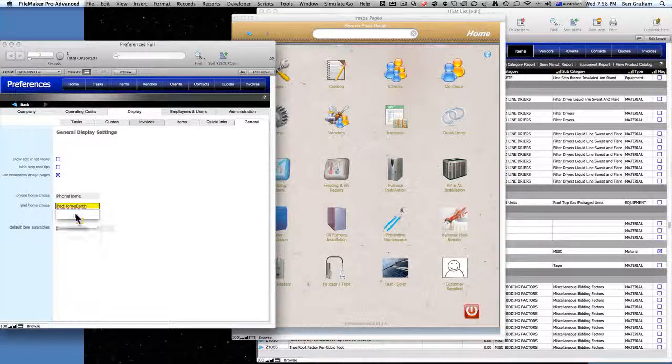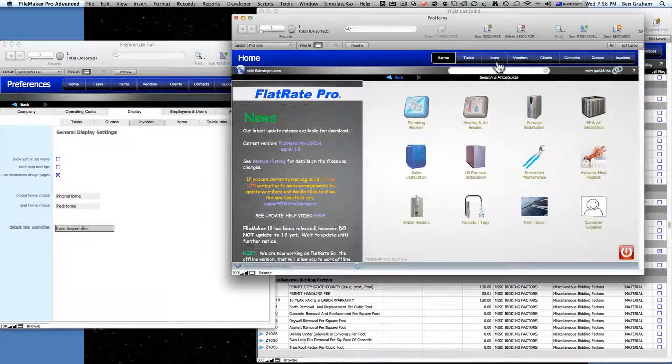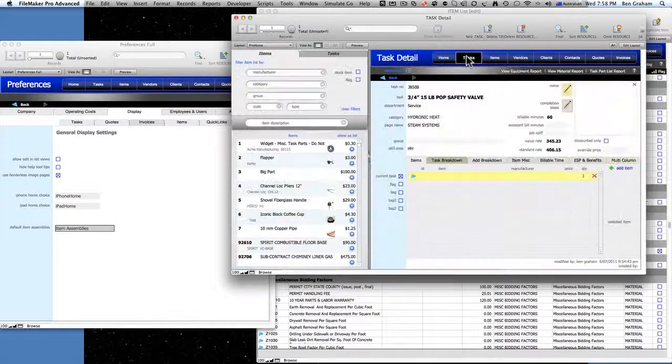And so you got an option there. And then default item assemblies, in another video we have that showing the item assemblies. To look at those for a printable layout, you've got item assemblies condensed and item assemblies. And when you come over here, we exit simulation and we go to tasks, and actually I think we don't